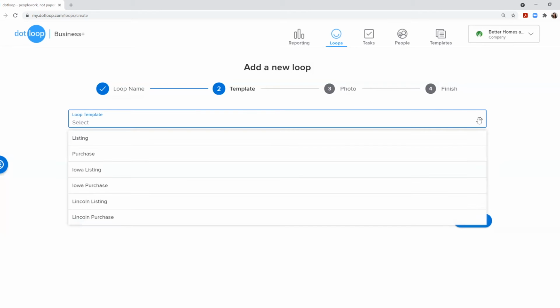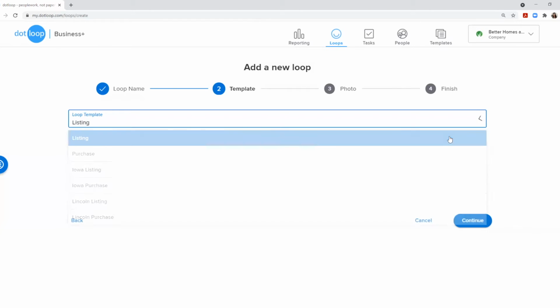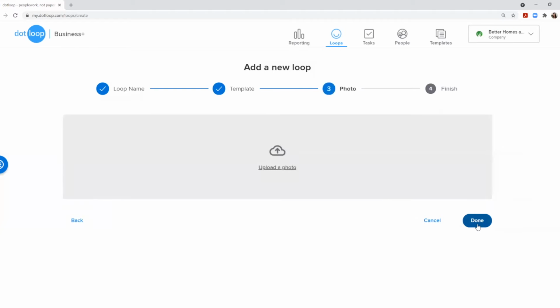So go ahead and click the drop-down arrow to see the different loop template options. We have listing, purchase, and so on. There are specific loop templates depending on where you're working. So for today, I am going to go ahead and just select the listing template because my transaction is going to occur in Nebraska. So listing template, I will press continue, and step 3 is giving me the option to